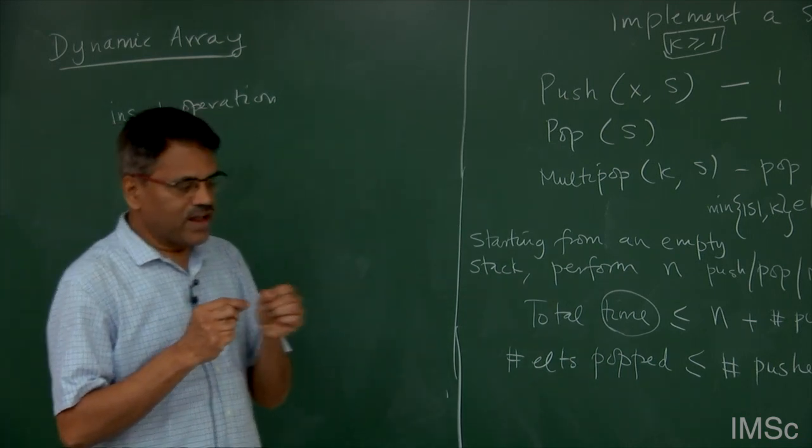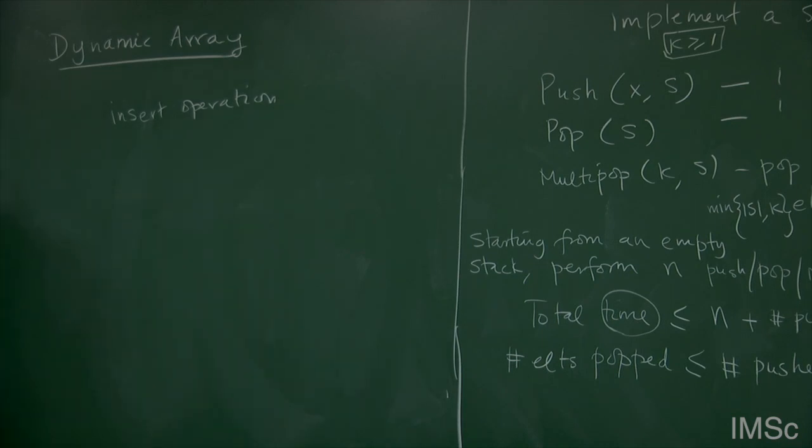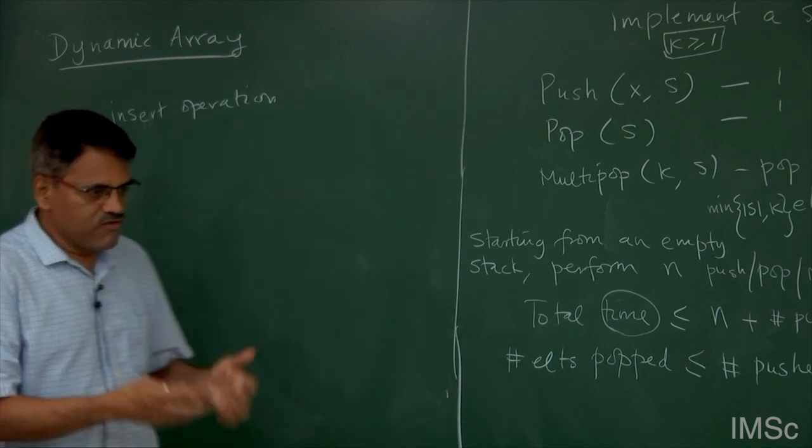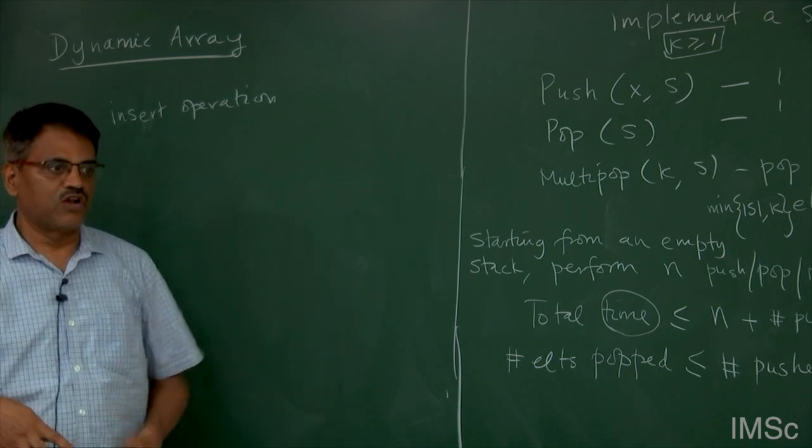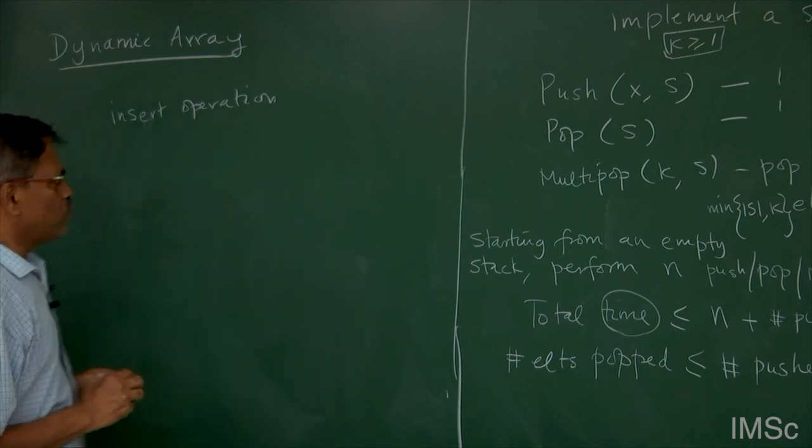So there is a trade-off. I don't want to waste too much space, because if I don't care about space, initially itself I can ask my table to be as large as possible, and that may be good enough to insert everybody, but that may be wasting a lot of space. And I want to minimize my time also, because if I have very little space, then for every insertion I'm going to ask for another array and copy everybody and spend a lot of time. Okay. So what we're going to do is,